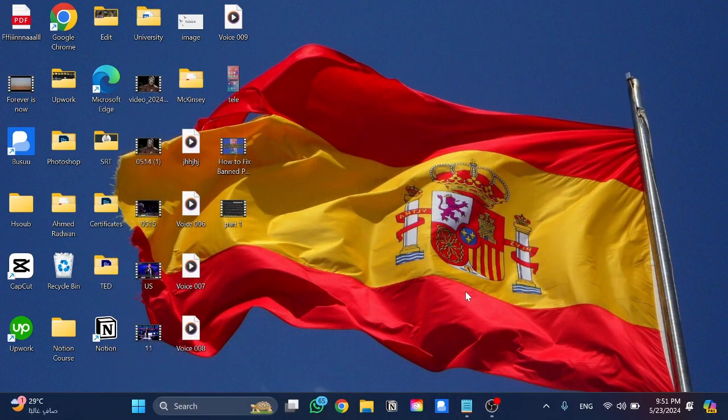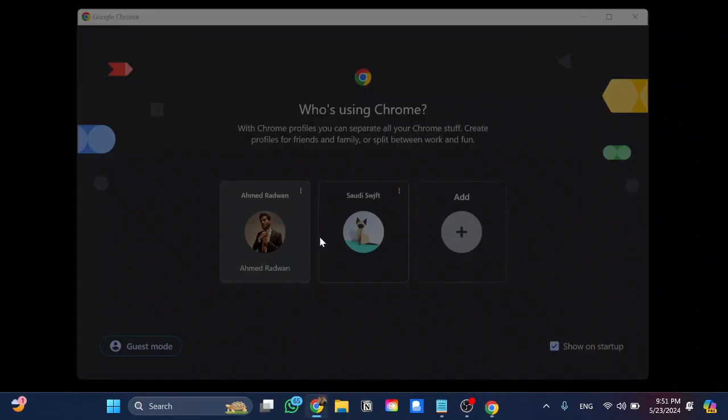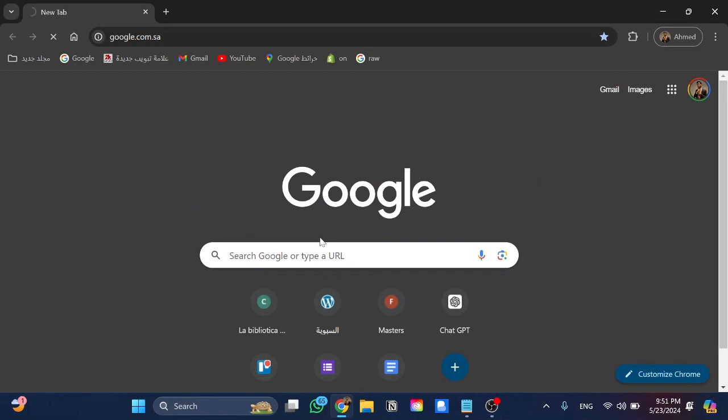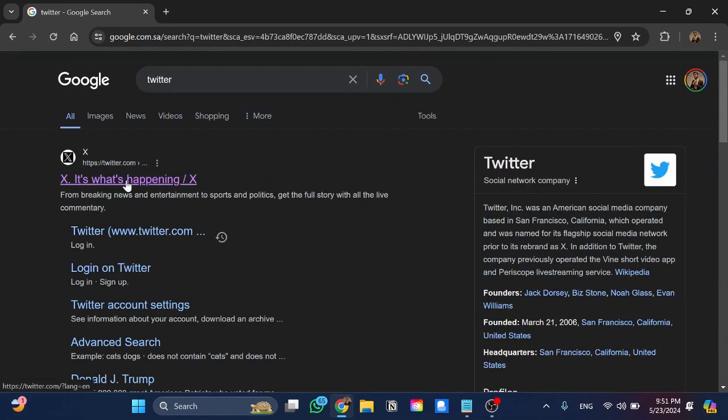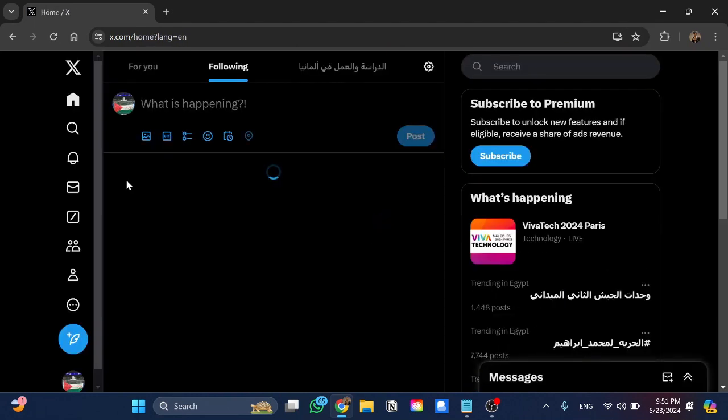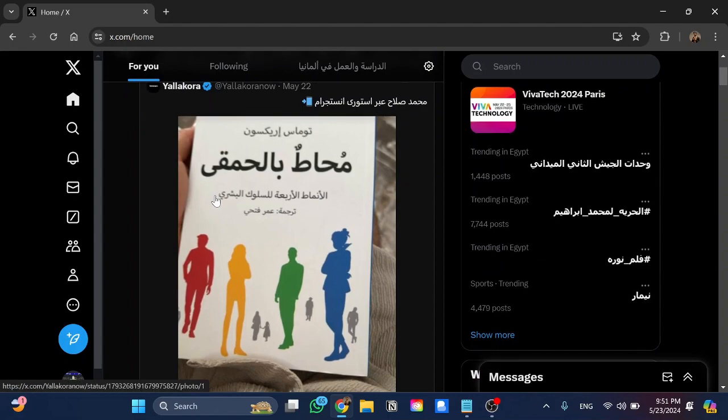And so the first step, easily, you need to go and open your browser, as you can see over here. And now from the browser, go and open Google. And once you open Google, you need to go on your Twitter account. So go on Twitter and from here, open the link of Twitter, as you can see over here. And once you open the account of Twitter and now once you're here and open this main page of